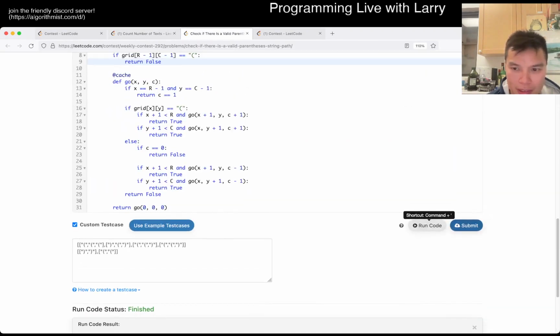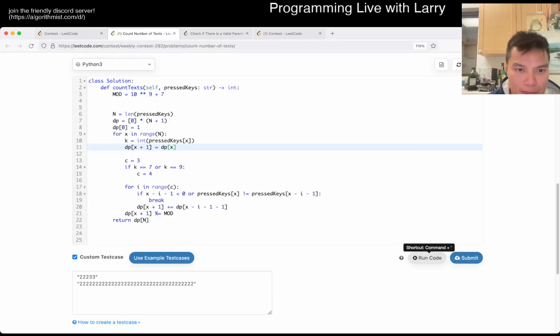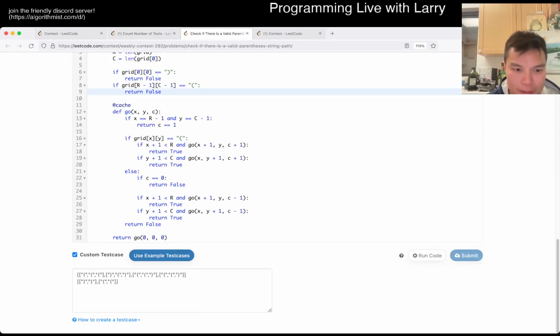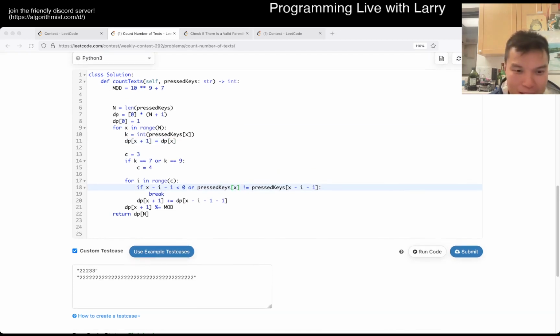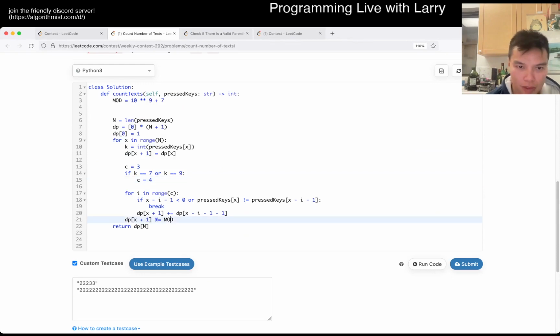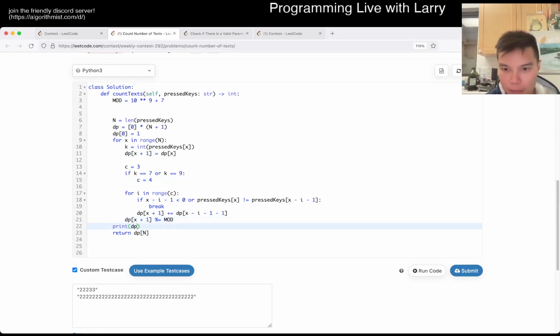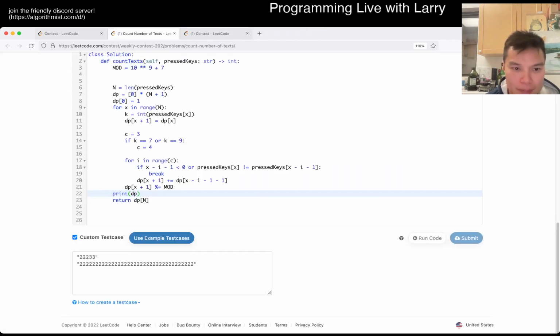Let's give it a submit. Is that right? Nope. I have a weird typo somewhere. Maybe. Let's see. So maybe I wouldn't have done well, but alright, I just print the DP. We should at least get the example. I mean, this is gonna be so long, and this is such an easy thing. I just had a silly mistake, but